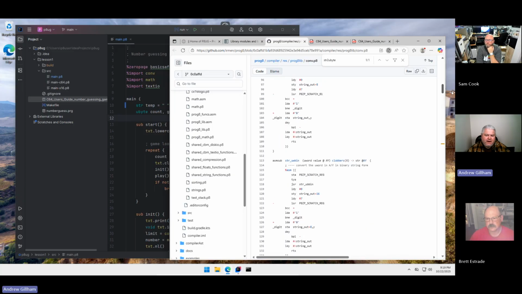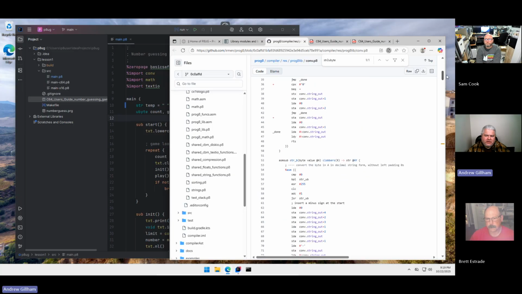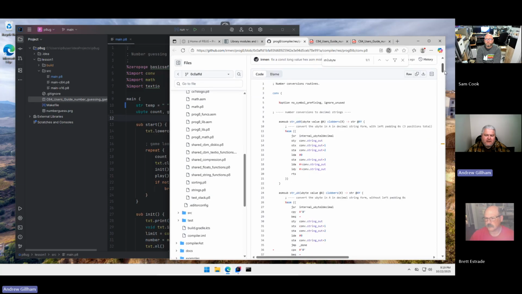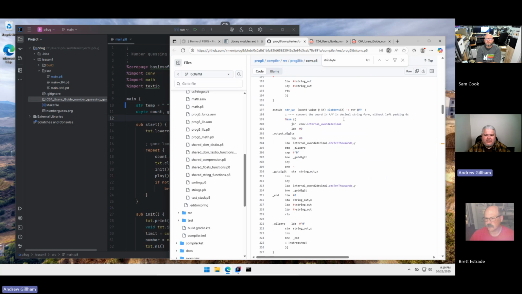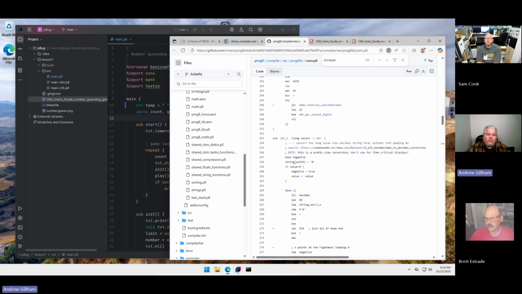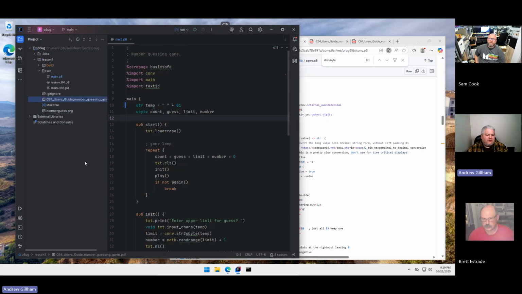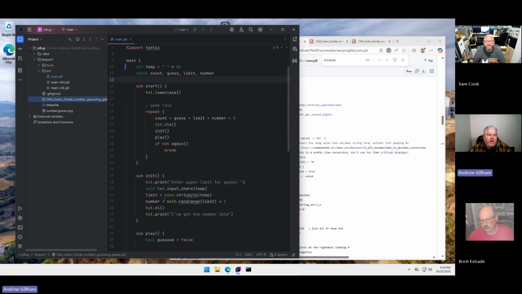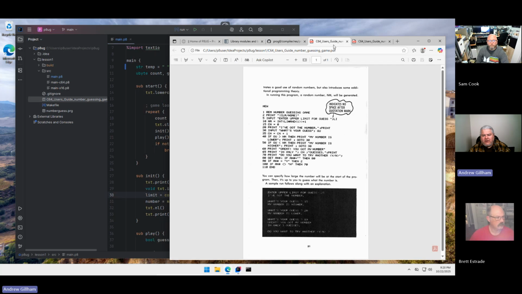But there's a whole lot of them in here related to converting from strings to U words, or from U words and U bytes back to strings, etc. So check that out, but it serves our purpose here to just know that we want to call this conversion string to U byte. And so we're going to call it with a variable temp, which is the string. And that's going to return, in my example of, say, 25, the number 25. So now I have an actual integer number of 25, and I want to do the next part of this routine,